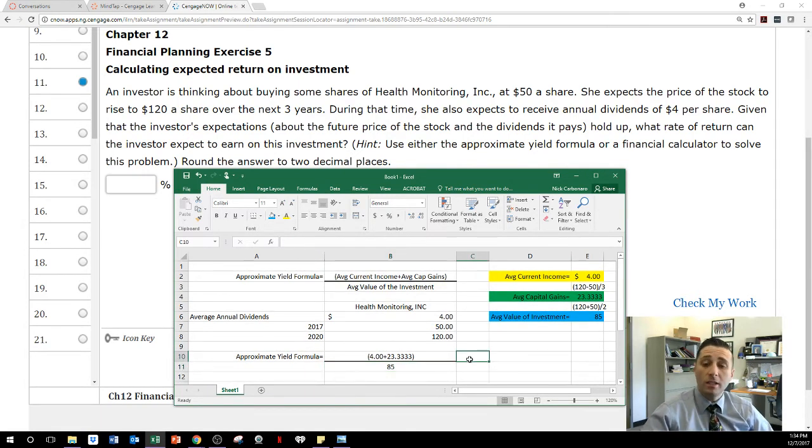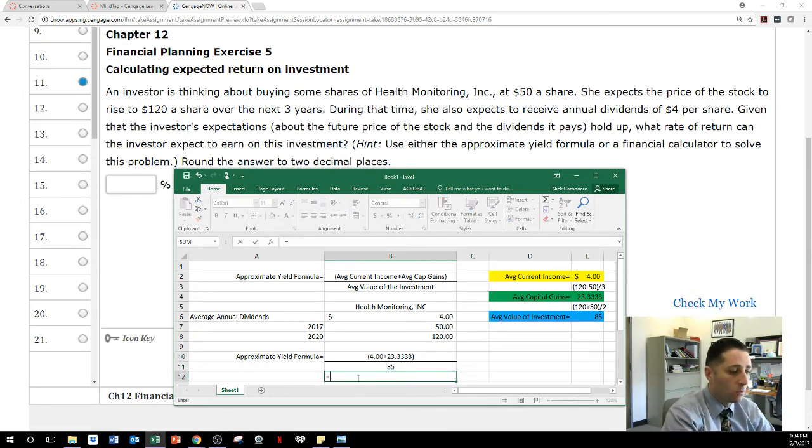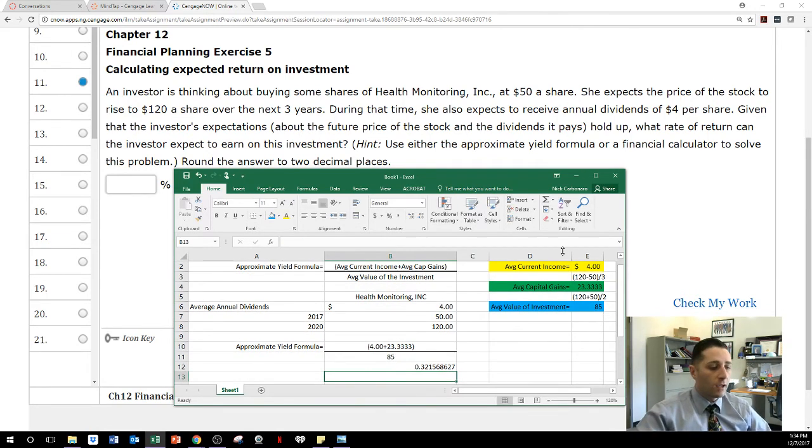Now let's actually calculate this out. Let's calculate the formula to make it easier for us. So we have, and we'll just take the numbers straight from where they're at over here, $4 plus this one divided by the average value of investment. Plug those in there and it comes out to this, but remember the formula says round the answer to 2